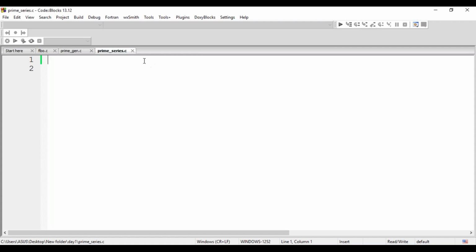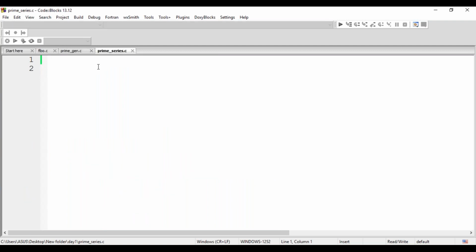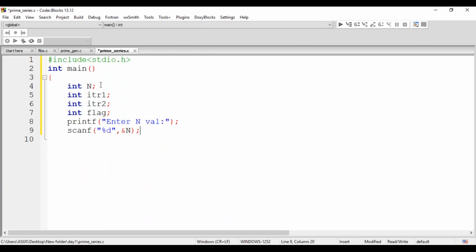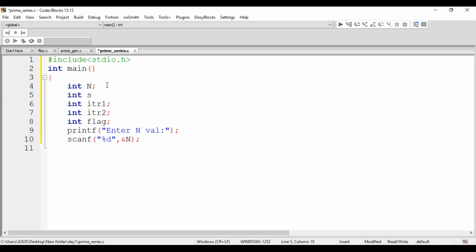As usual, let me write the skeleton, the required fields. N is required, followed by 2 iterators: one is iterator 1, another is iterator 2. Let me mention one more variable like the starting value, a single variable called p.